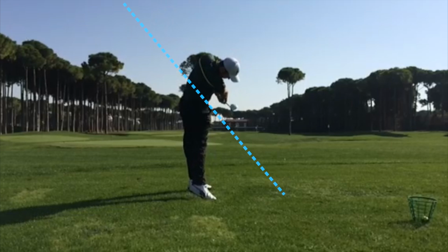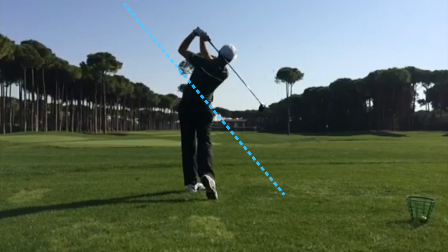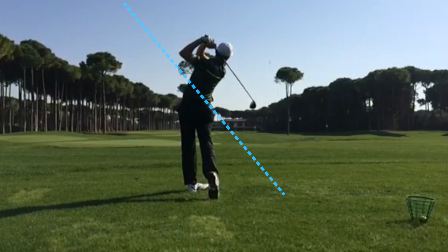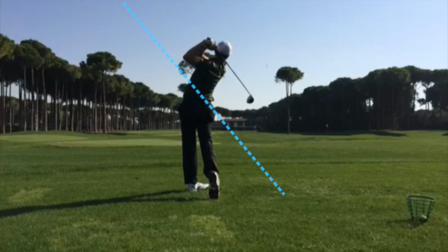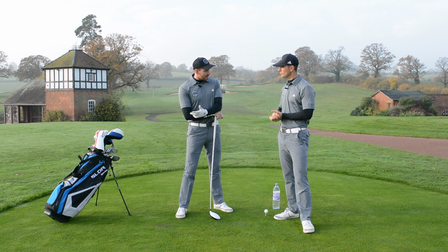Now, if we take him through to parallel point 4, we'll see that the club again here is in front of the swing plane as opposed to being on plane. And this is always going to start the golf ball right. And coupled with the fact that Rick is going to use his hands to rotate the face a lot, this has got either a draw, it's got a push, but as we know, it sometimes turns into a hook for him. As you said, Andy, that club face is quite open throughout his whole backswing and downswing,